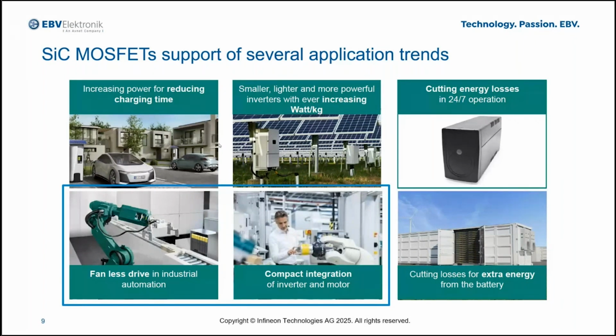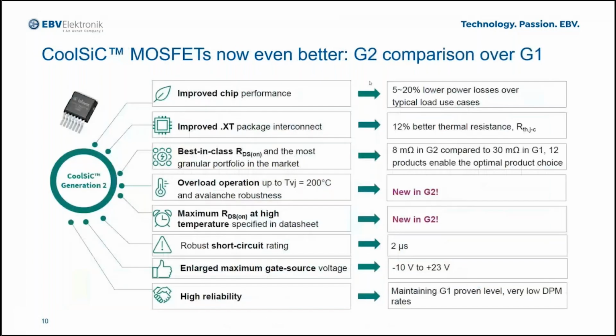One key application is fanless drives in industrial automation, because silicon carbide, as we said, by reducing losses and increasing efficiency, enables inverters which can be fit into the motor itself. The same applies for the second part, compact integration of the inverter and the motor. This is basically two sides of the same medal. Of course, these are not the only applications where silicon carbide plays an important role, but